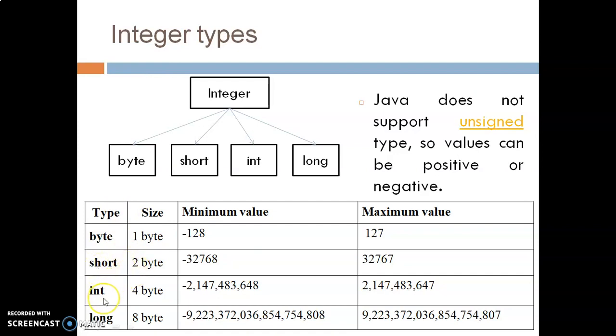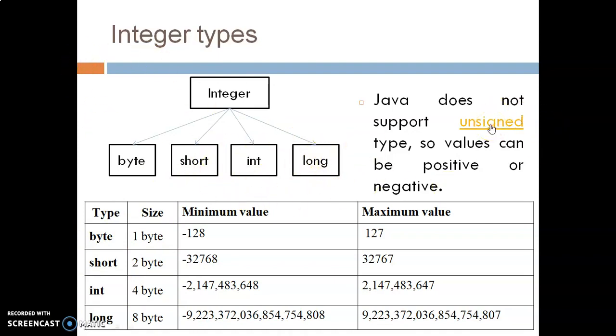Users frequently use the integer data type because it is in between in memory size, not more, not less. So it consumes 4 bytes. And long consumes 8 bytes. So according to the requirement of the program, if integer data types are required, then you can use them according to their categories.